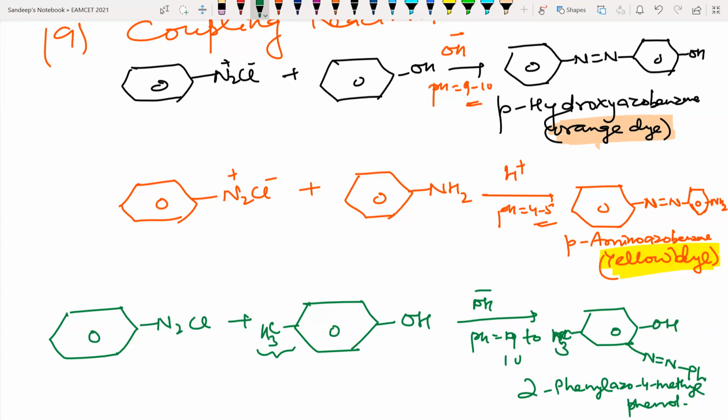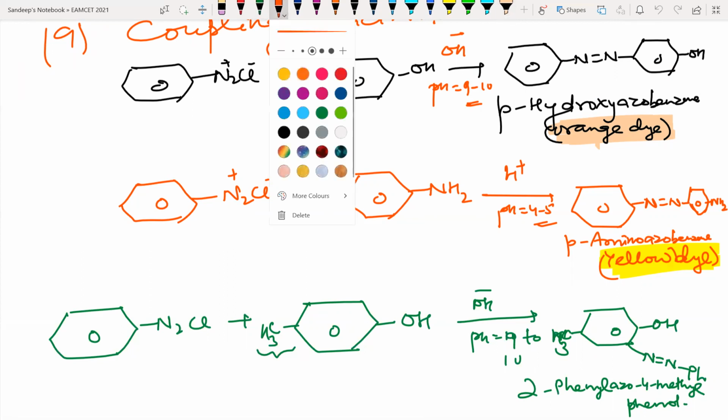So this was diazonium salts, which are very, very important in chemistry, organic chemistry in particular. They are an important link between the synthetic processes. So you can synthesize chlorobenzene, fluorobenzene, bromobenzene, iodobenzene. You can prepare nitrobenzene. Dyes are also prepared, like para-aminoazobenzene, yellow dye, and para-hydroxyazobenzene, orange dye. So these are very important compounds.